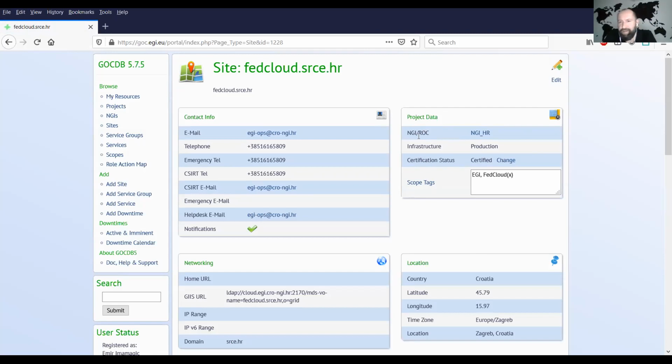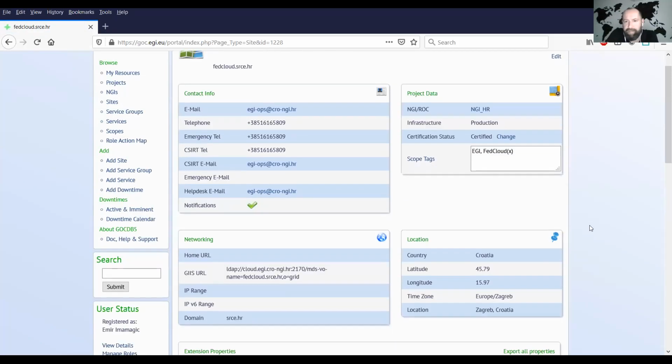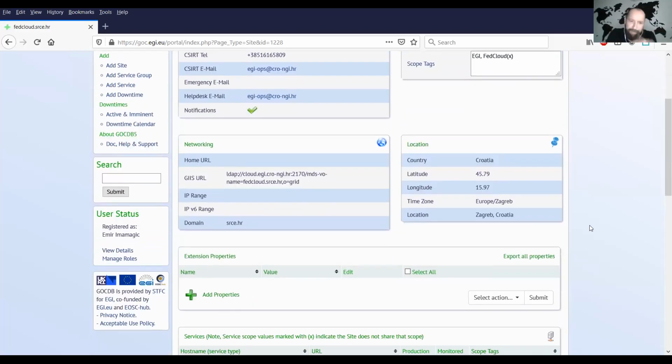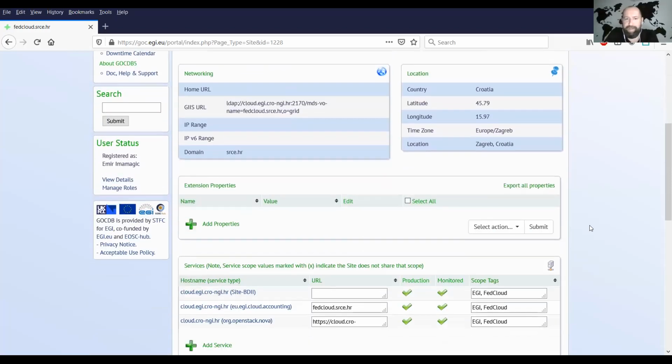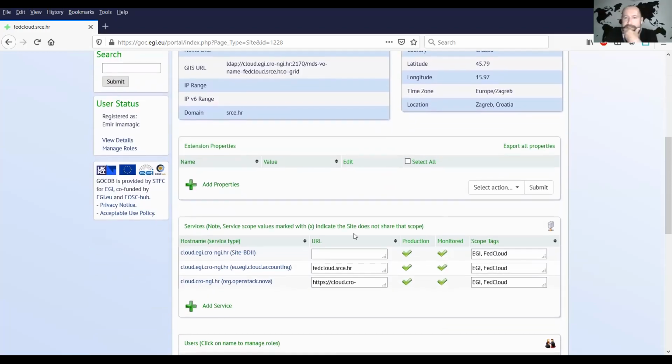But let's say if your site reaches production and certified, then you're in production and certified, meaning that you will be fully monitored by Argo. I won't go into too many of these. I won't describe every attribute in detail because once you start onboarding your services, if you need to do so, you will get familiar with them through the relevant procedures.